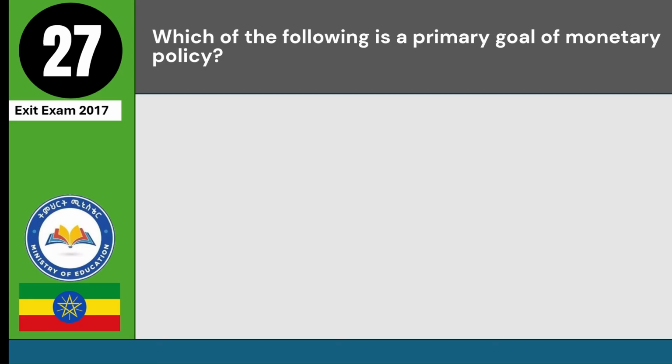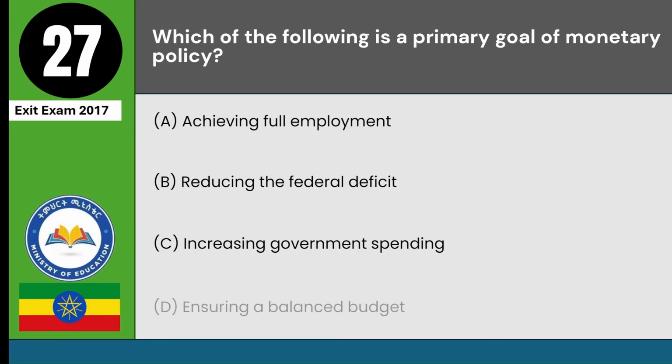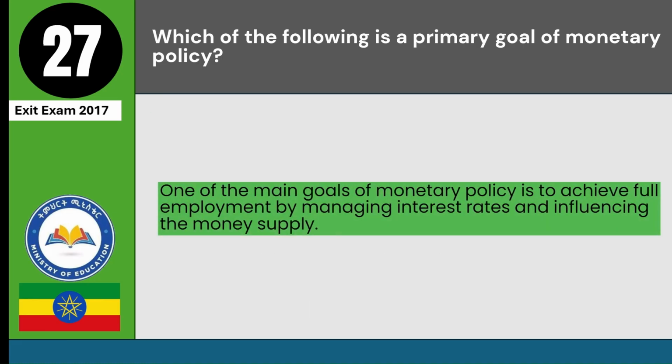Which of the following is a primary goal of monetary policy? A. Achieving full employment. B. Reducing the federal deficit. C. Increasing government spending. D. Ensuring a balanced budget. Answer: A. One of the main goals of monetary policy is to achieve full employment by managing interest rates and